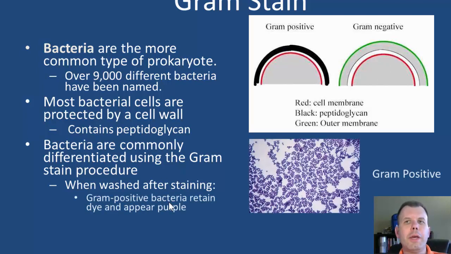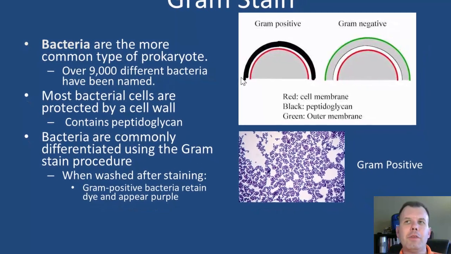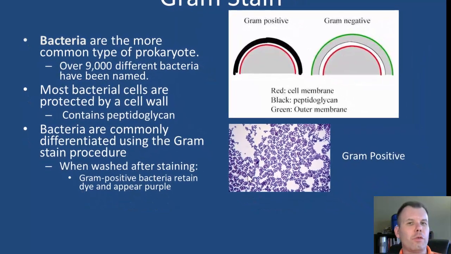So when we wash the bacteria and go through the staining process, that thick cell wall can suck up the purple stain. And so the gram-positive end up being purple in color because, think of a sponge sucking up all the stain when you treat them. And again, you'll see these in lab this week. You'll see the thick cell walls, and those will be purple.